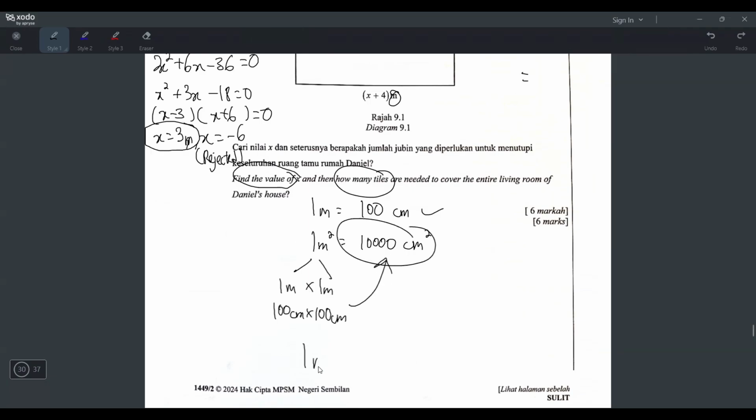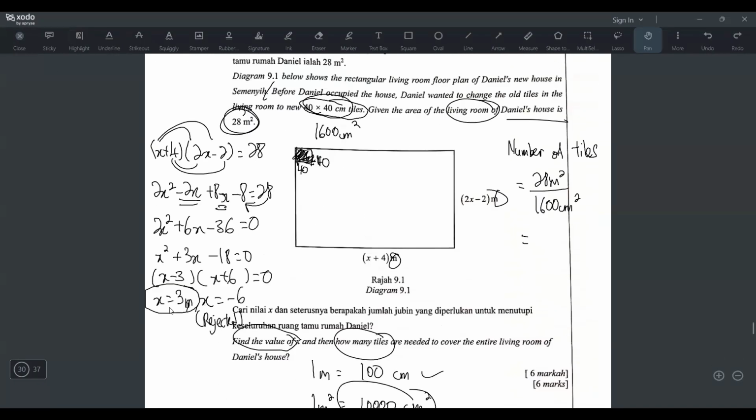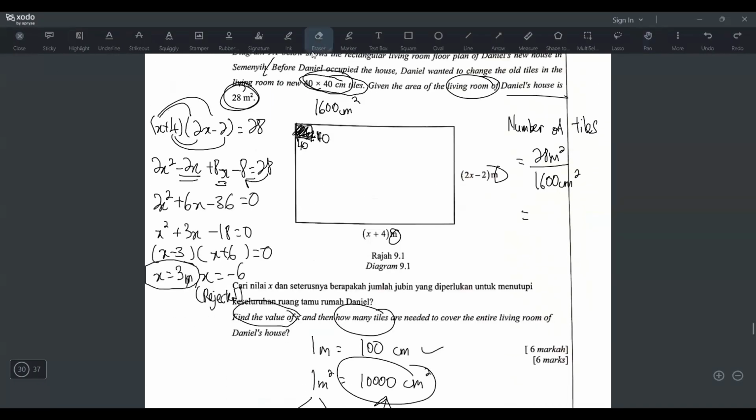So can you tell me, if 1 meter cube is how many cm cube? How many zeros? 6 zeros: 1, 2, 3, 4, 5, 6. Why? Because 1 meter cube is actually 1 meter times 1 meter times 1 meter, which is 100 cm times 100 cm times 100 cm, which is 1 million. Like 1 and then 6 zeros, cm cube. Hope you understand. So if you understand this, then you can do this question. So 1,600 cm square, if you want to convert to meter square, you have to